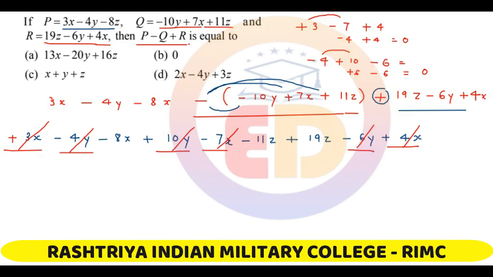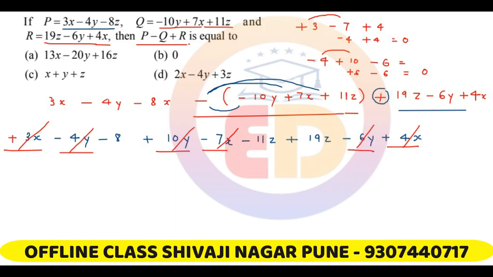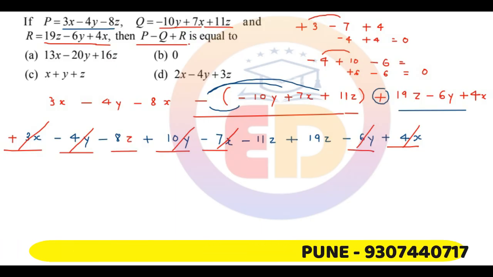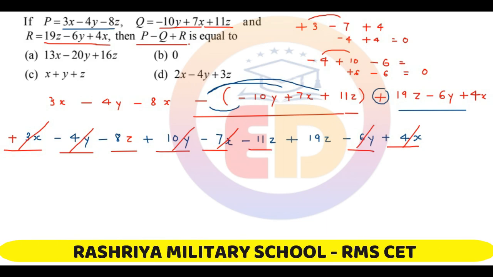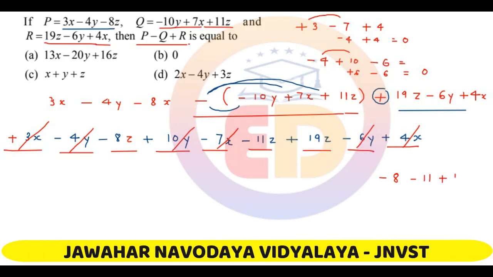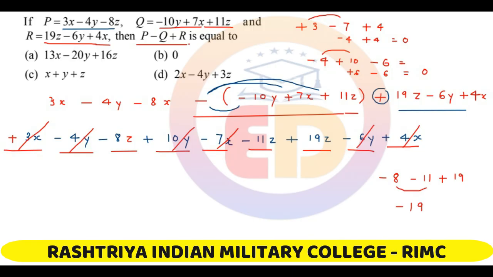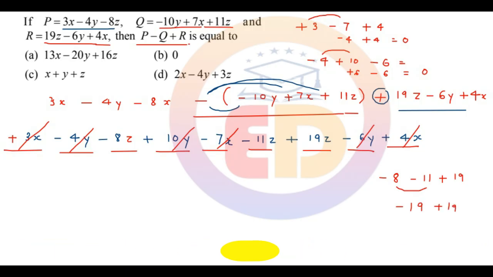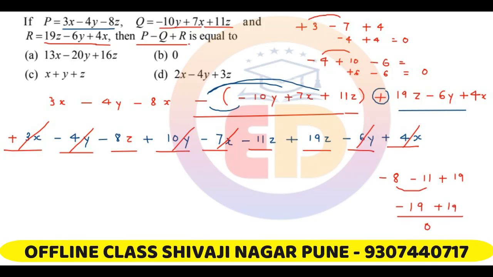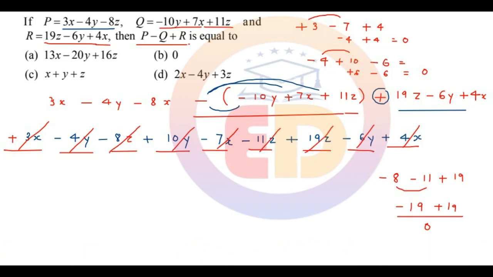Now let's take the z terms. This is minus 8z minus 11z plus 19z, minus 8 minus 11 plus 19. Minus 8 minus 11 is minus 19. Minus 19 plus 19 will give me 0. So these also are cancelled. My final answer is 0, which is option number